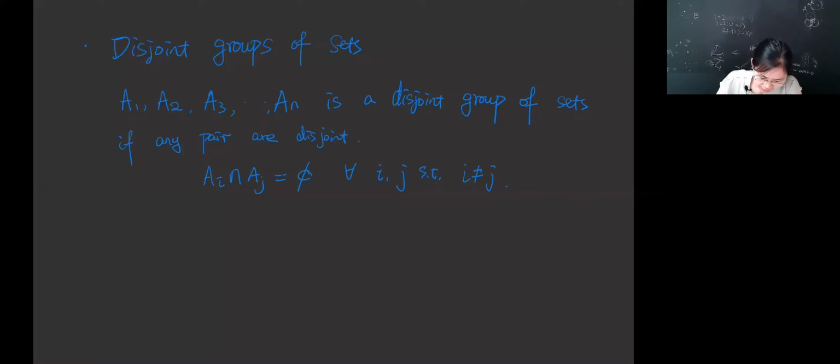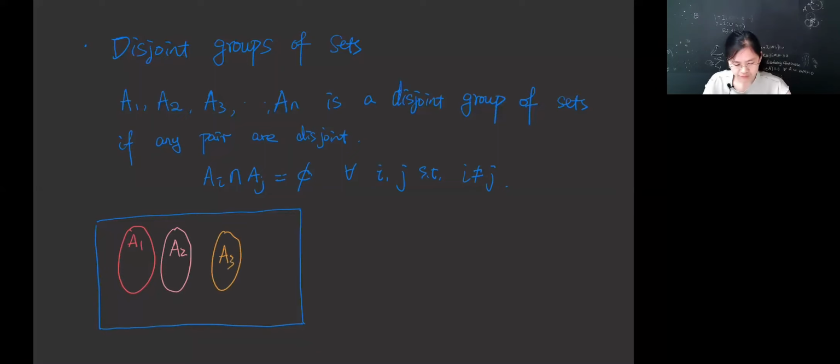In Venn diagram, we can draw this A1 to AN like this. Right? It's not hard to draw. Let's say this is A1, A2, A3. This A1, A2, A3 is a disjoint group of sets. The next concept, next set relationship is exhaustive. Exhaustive group of sets. So the group of sets A1, A2 to AN